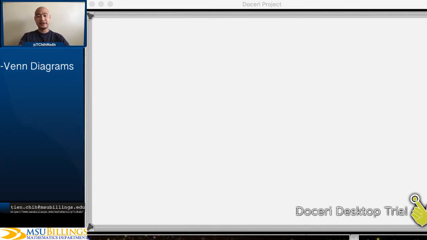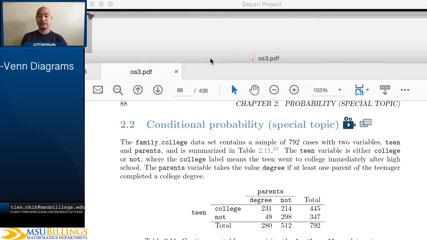Hi, so this video is just going to be a general discussion of Venn diagrams. Now, this particular topic is not covered in great detail in the text. You can find some examples of Venn diagrams, especially when we're talking about "and" or "or" events. For example, there's a Venn diagram at the start of section 2.2